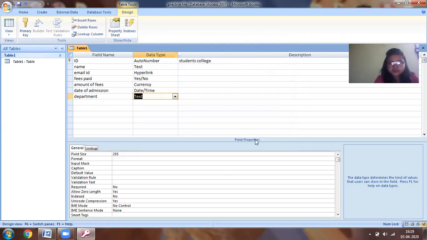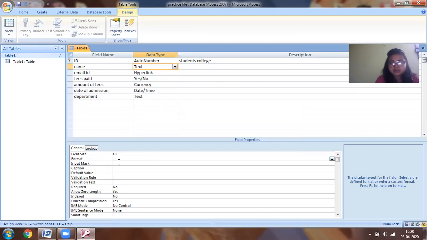Now coming to the field properties. Field properties are basically some restrictions given over here. Suppose I click on my name and field size. I want the name only in 10 characters, so I click on 10. Field size is the size of that particular data.